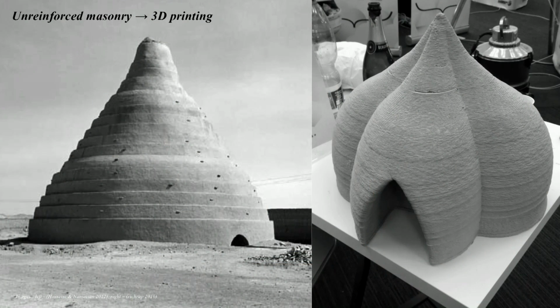So one of the main intuitions here is that if you scale down masonry structures, earth structures, unreinforced masonry, you can perhaps begin to understand intuitively how 3D printing works. Not plastic 3D printing, but printing in clay and compression dominant material. So that's a general intuition. So you scale down and make the bricks a little bit squishy virtually in the digital space, and you get some kind of idea. So that's the idea here.